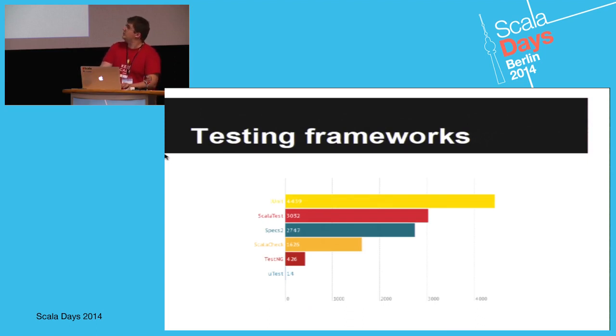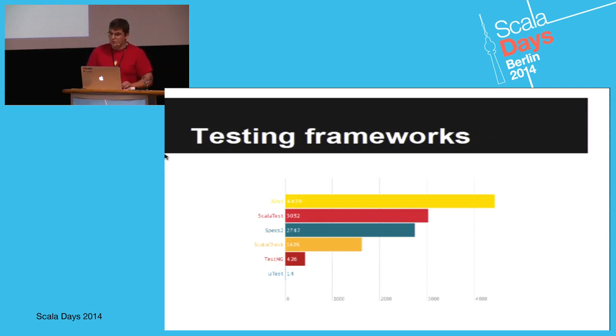Here is the list of testing frameworks, and we can see that JUnit is still the king of all testing frameworks, even in Scala community. This statistic is not completely correct because some people can use JUnit and, for example, Scala test together in the same project, and use Scala test mainly, and don't use JUnit in this project, but it's just included as a dependency.